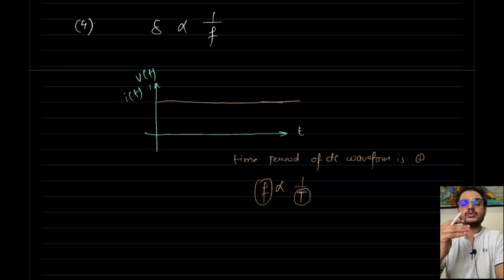So there are certain ways to decrease the skin effect. Those ways we will see in the further classes. But for the time being, just remember the concept of skin effect and skin depth. In the next class, we will see the concept of proximity effect, which is similar to skin effect. So with this note, I will conclude the lecture here. Thank you.